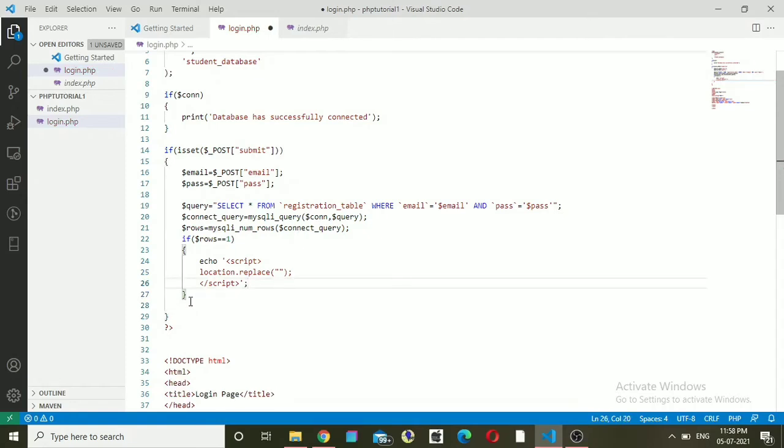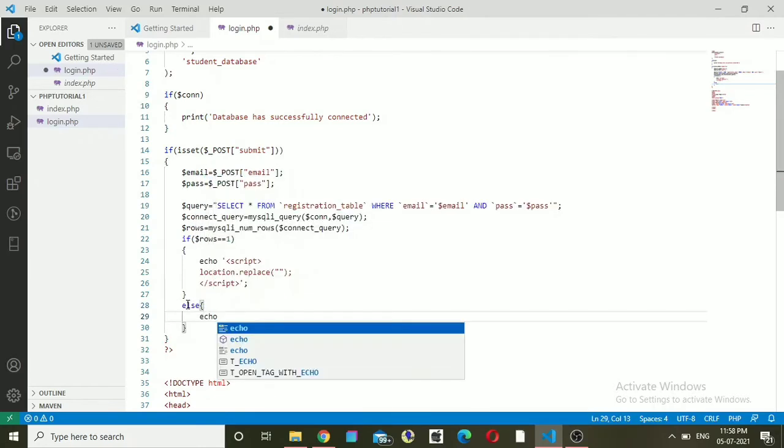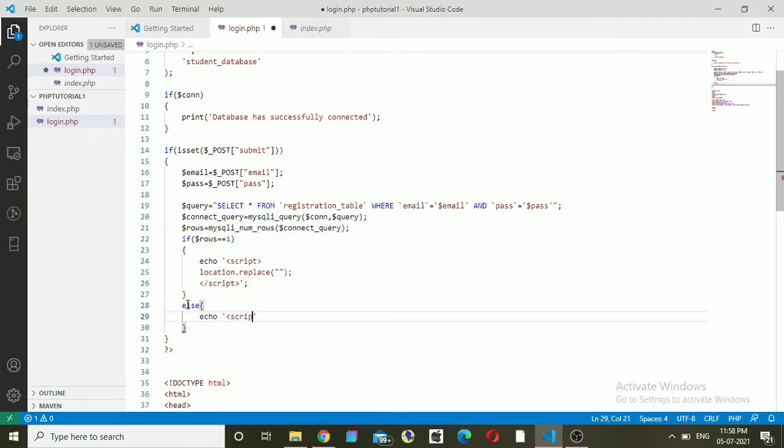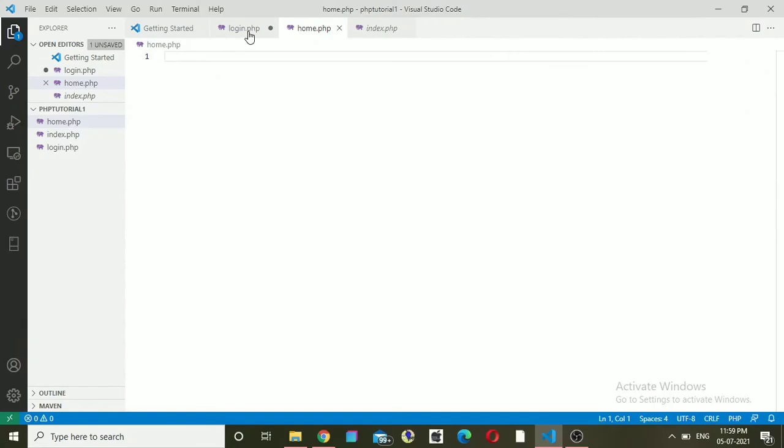And in the else block, we will give the condition, that is if no rows are selected, it will display an alert box in which it's written invalid username or password. Here the quote matters a lot. If you have given the double quote before the script tag, you need to give single quote inside the script tag, and vice versa. Now we will create a new file, that is home.php,